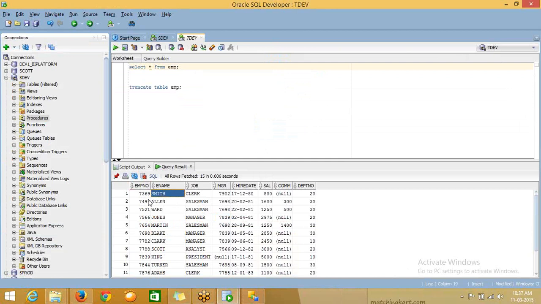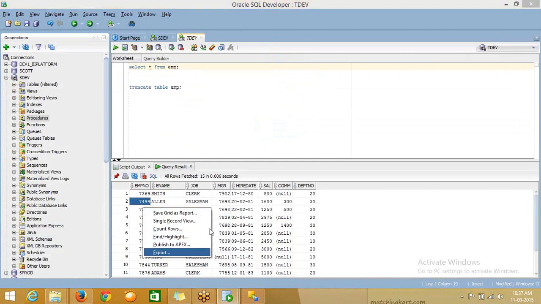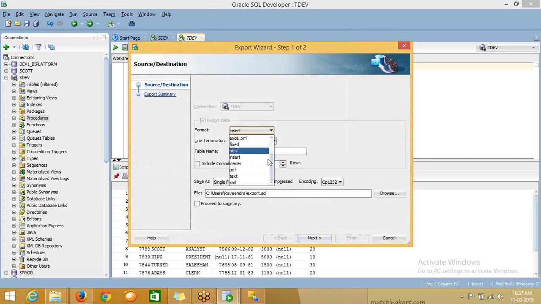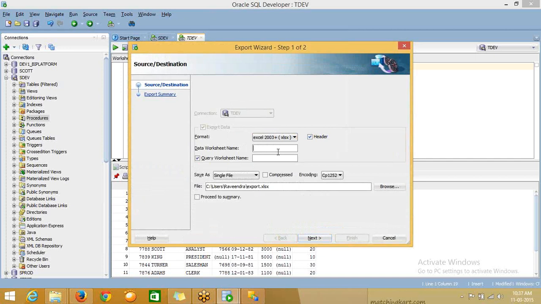Okay, this you can do. So now you can do a save as, right? If you are going for CSV, it won't generate. If you are going for Excel, it will generate that query. Here it is asking for a data sheet name or query sheet name. If you're not giving anything,